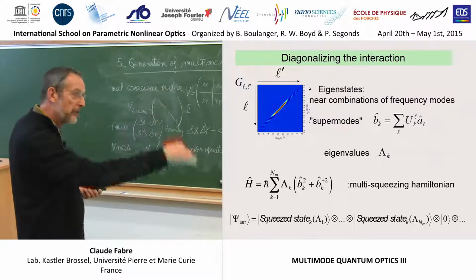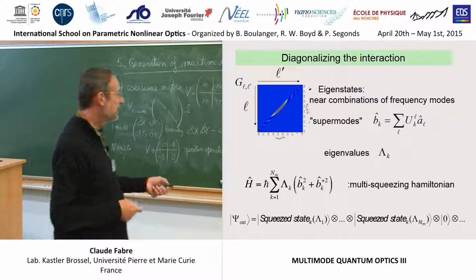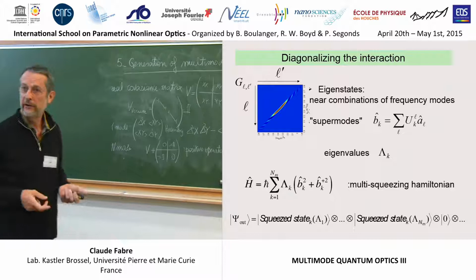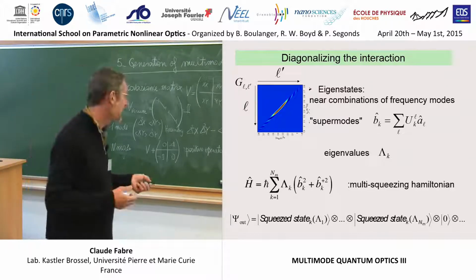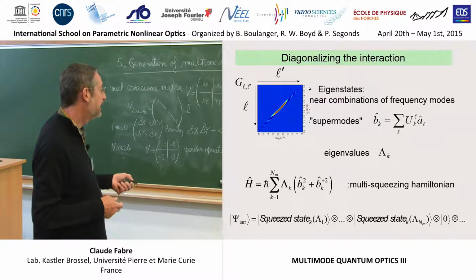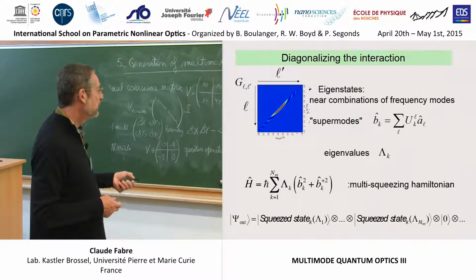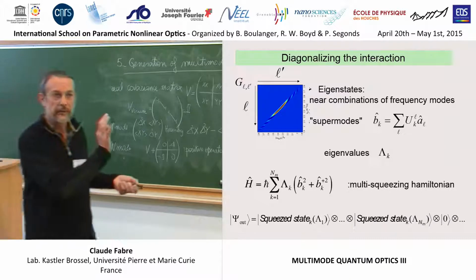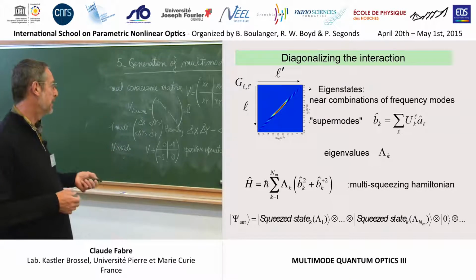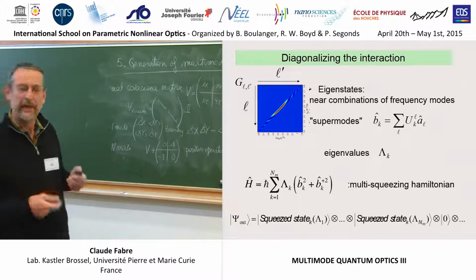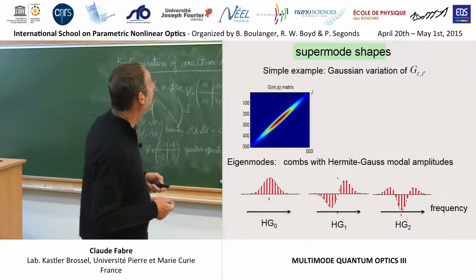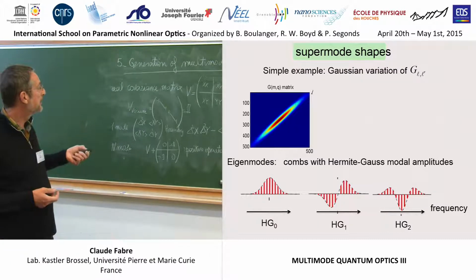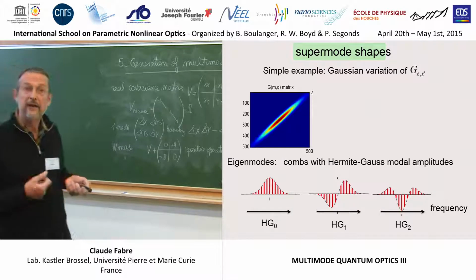So the basis for which you have this squeezing that I showed in a general way, here it's just the basis which diagonalizes the interaction, which makes sense. And so at the output, you will have a squeezed state proportional to the lambda value in each of these modes. If the lambda is 0, you have no squeezing, so you keep the vacuum. And they are independently squeezed. If one looks at the shape, it depends, of course, on the matrix. If one takes a simple shape which enables analytical calculations,